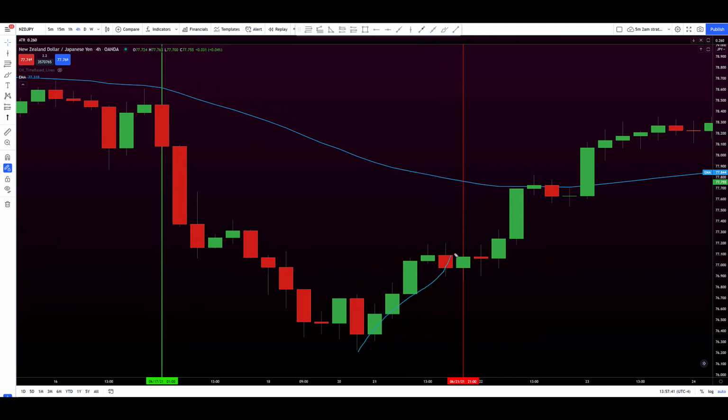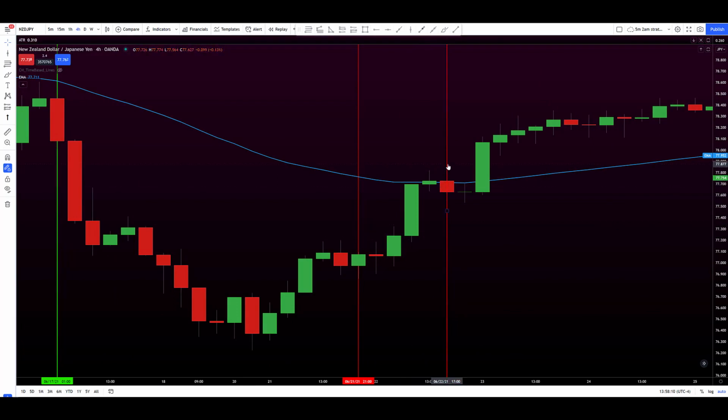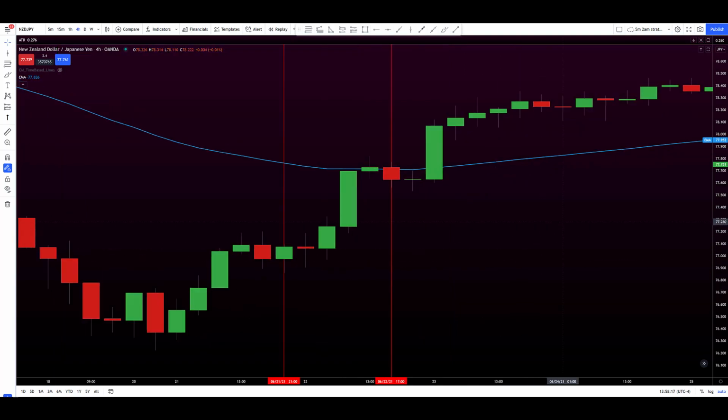After this loss, we can enter again if price touches the 50 EMA and only has 1 candle that closes above the 50 EMA. We can't see 2 candles, but as long as we see less than 2 candles close above the 50 EMA, we can enter again on an advanced engulfing entry for our second chance entry. In this case, our 1, 2, 3 candle second chance entry ended up being another loss. This will happen from time to time. As with any other strategy, we're going to have wins and losses, and our entire point is to have a bigger winning percentage with a 1-to-1 reward to risk ratio over a large sample size,